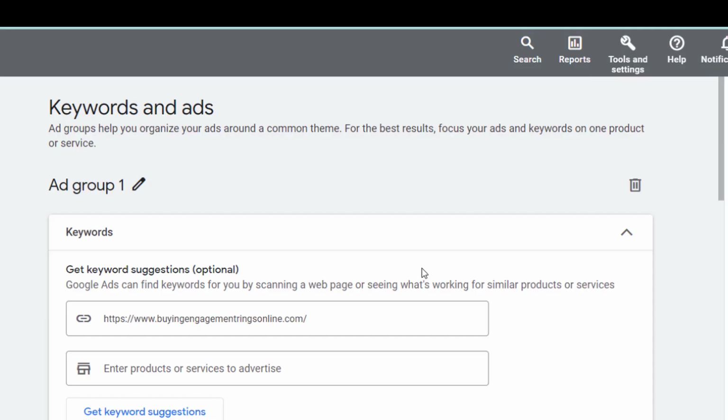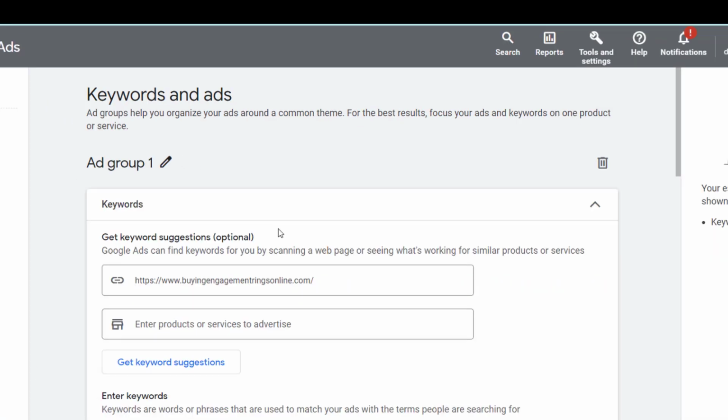Okay, next we want to make sure that our ad groups are organized and focused on specific themes. This will help us keep our keywords and ads tight and relevant to each other. Our goal is to have a high quality score, as this will result in a high click-through rate and lower cost per click. To achieve this, we will start by naming our ad group in a clear and concise manner.